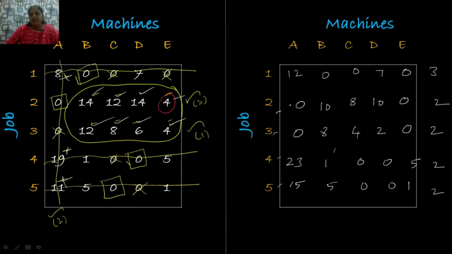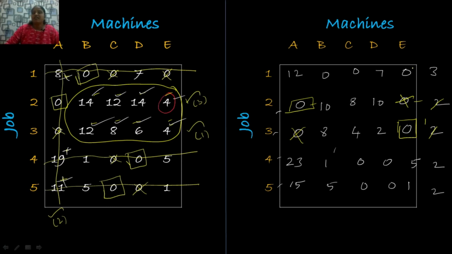Now I am going to make an assignment for the second row. In the second row we have two possibilities. Either I make an assignment here or here. So I choose this position for making the assignment. After making the assignment, cross the remaining 0 elements in the same row and column too. So after making my first assignment, the third row now has only 1 zero element. So I am going to give my next assignment for the third row.